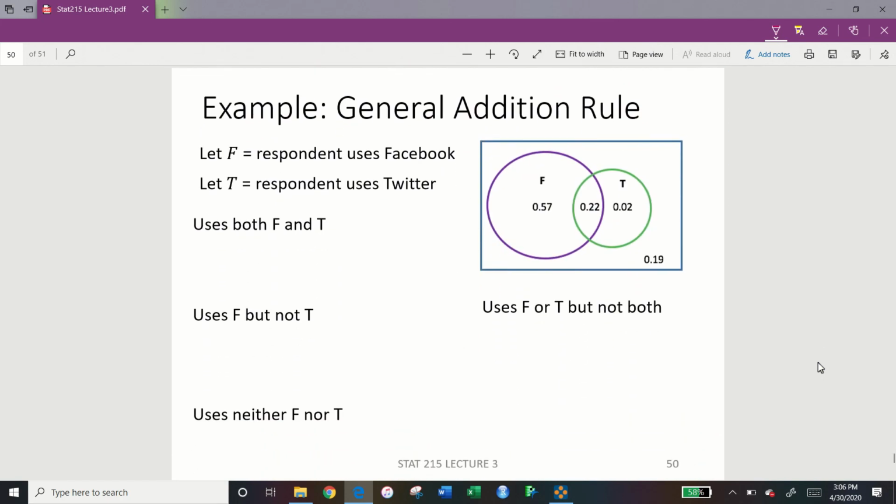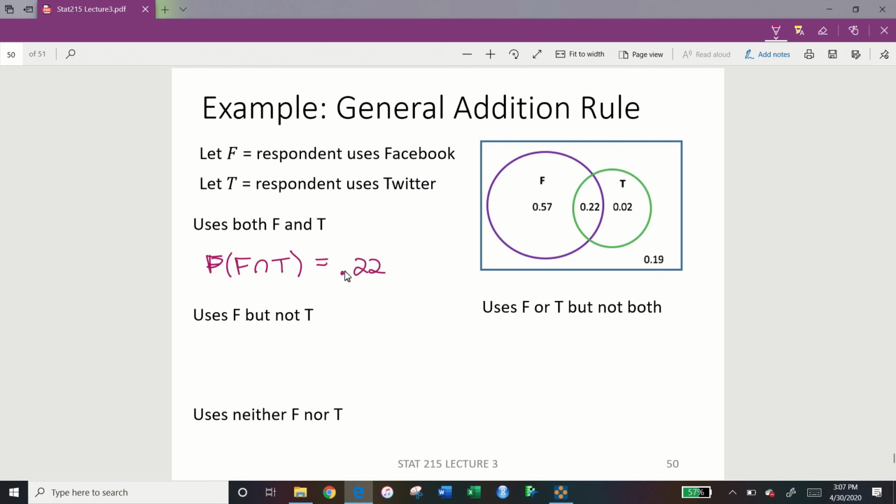Let F equal the respondents that use Facebook. Let T equal the respondents that use Twitter. We're going to use the diagram that we've already built to answer these questions. So, who uses Facebook and Twitter? Well, we are asked Facebook and Twitter. When we see the word and, that means intersection. So that's going to be 0.22,